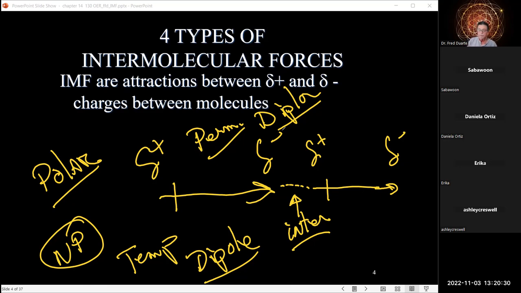No different than, for you ladies out there wearing your dress, you get static cling, or even for guys with loose fitting pants that kind of cling to your leg. That is because of the electrostatic charge. Okay, and what you have done is, in essence, created a temporary dipole, and that's what is happening with nonpolar molecules. They get a dipole, a partial positive and a partial negative, but it's temporary. It is induced. Okay, it is induced. All right, so